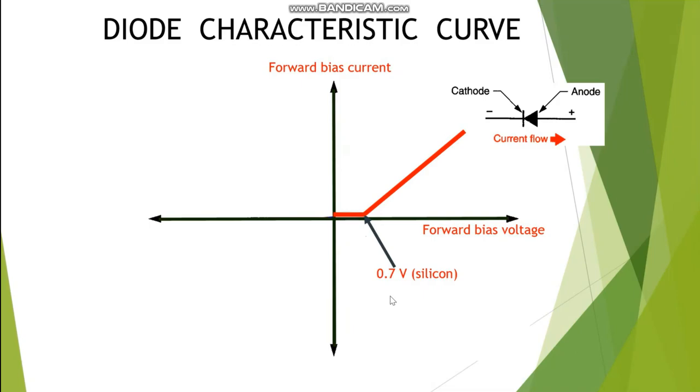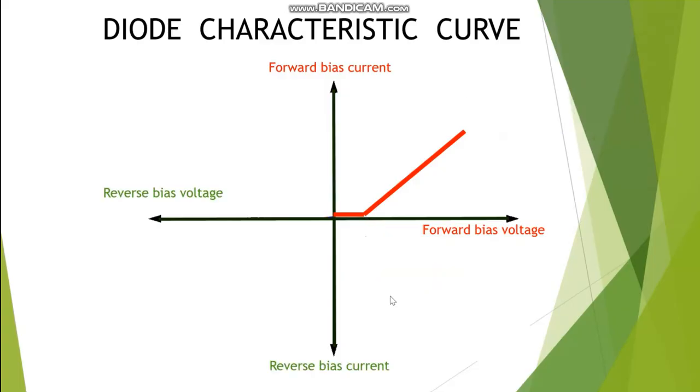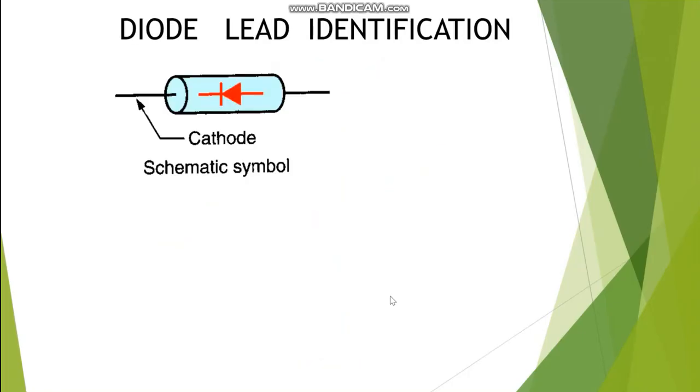Now, in forward bias, once we exceed the barrier potential, we start to get conduction. I can get this to conduct in the reverse direction, but it takes a lot of pressure. And all of a sudden, boom, when I apply that voltage in the reverse bias to the diode, it will start to conduct. That is the reverse breakdown voltage, and we call that avalanche current, as it looks like an avalanche. Now, when you're looking at diode leads,